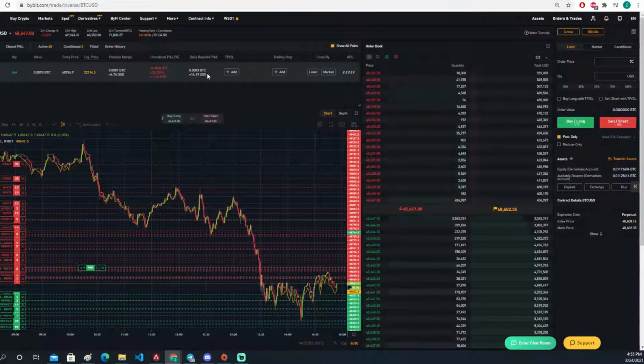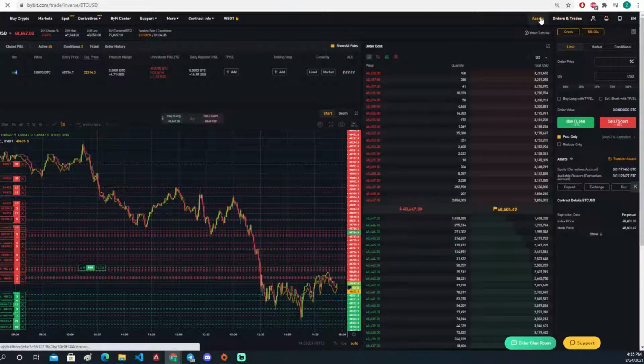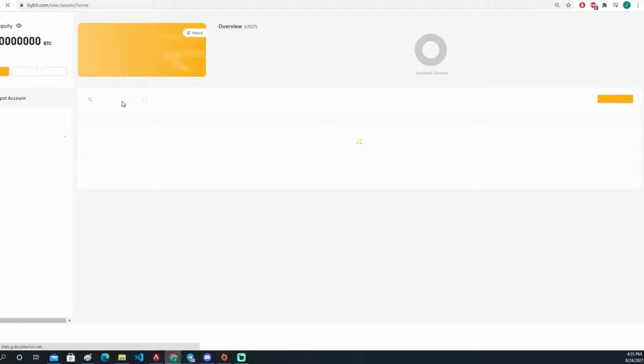But as you guys can see, their daily realized P&L is $16.20, which for a $500 account is, in my opinion, very nice. You can see that my leverage doesn't go very high. I try to keep it below 5, and most of the time it's below 2 even, or 3 maybe. So we can go to the trade history of this account, because I think it is very interesting